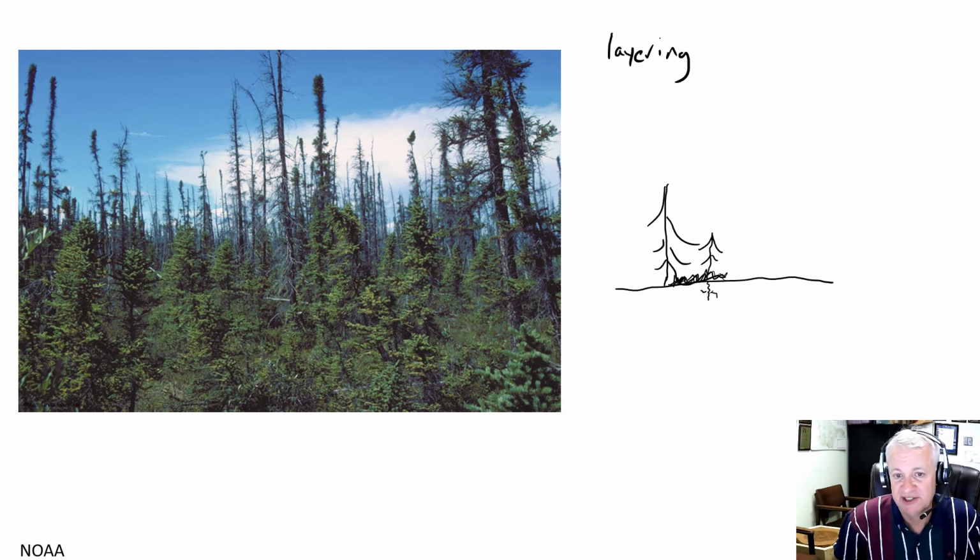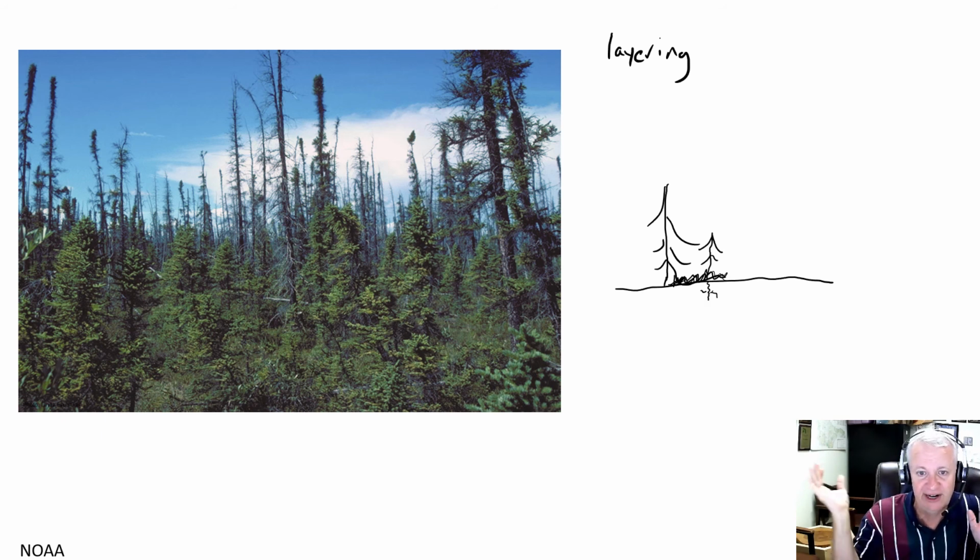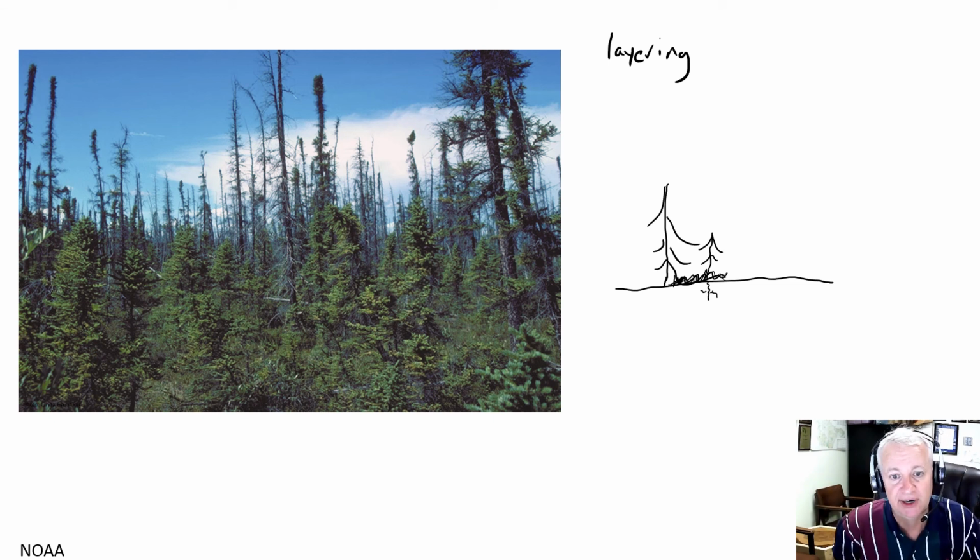occurs in many situations where reproduction by seed is difficult. So black spruce here often grows on organic soils, on deep organic soils made up of dead vegetation. And those organic soils are not very hospitable for seed. Seed will land on the top of an organic soil and very quickly dry out. Most seed require a mineral soil seed bed to germinate and survive. So that doesn't exist in many black spruce bogs. So it appears that layering in this case has evolved as an adaptive reproductive